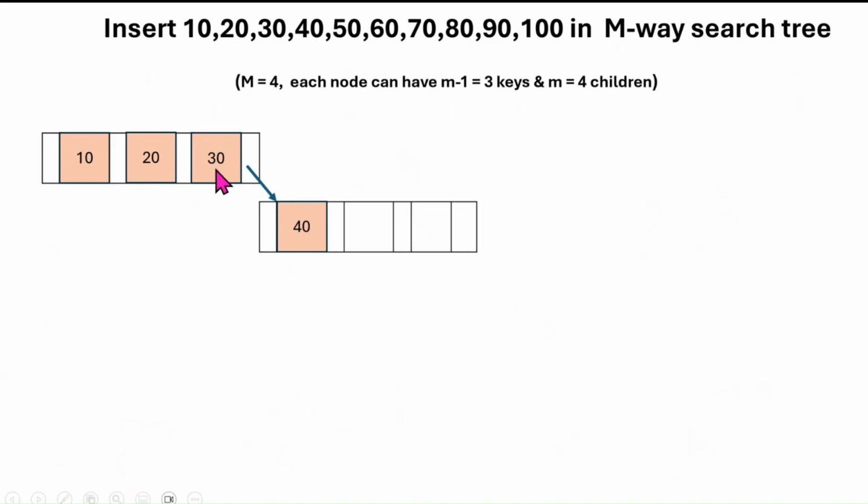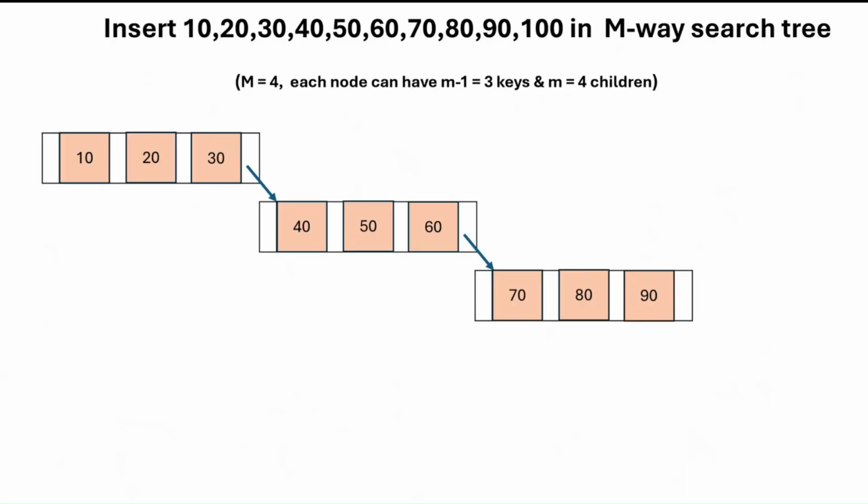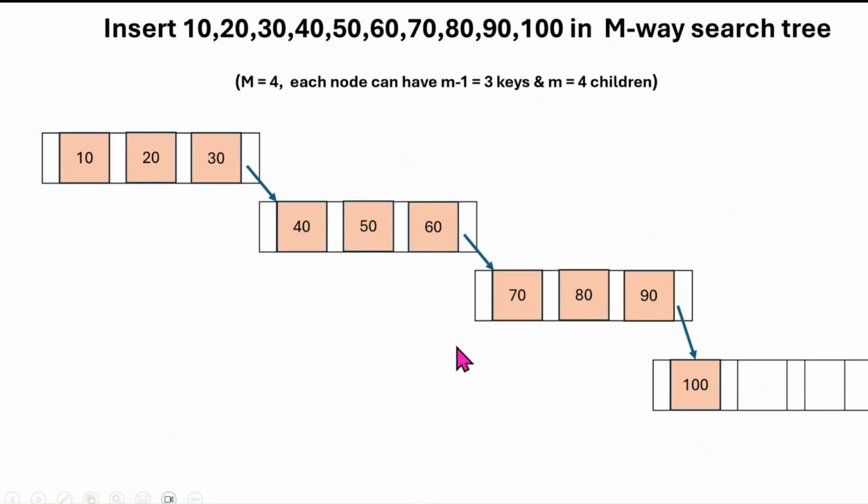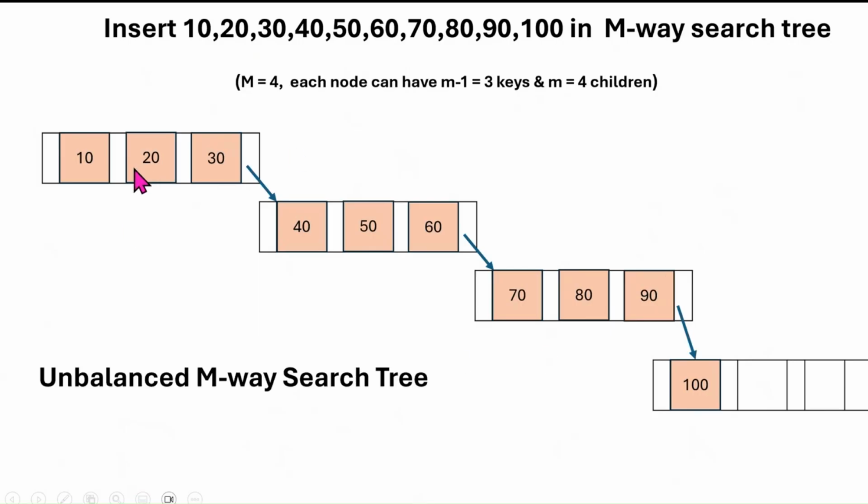So it will create a new node, and where will it add? It will add as a right child of 30. So it added 40, 50, 60. Similarly, when we try to add 70, 80, 90, it will create the right child and add those values, and last, 100 is added. Now, if we observe this carefully, this M-way search tree is basically an unbalanced M-way search tree,